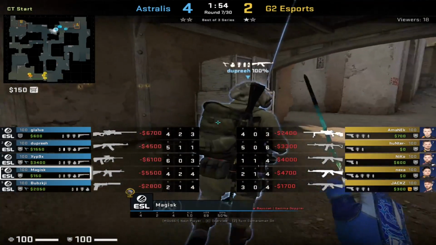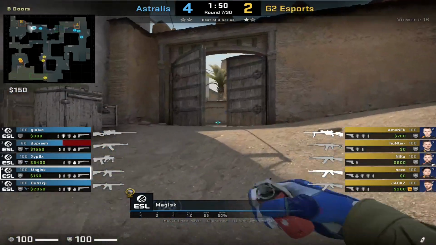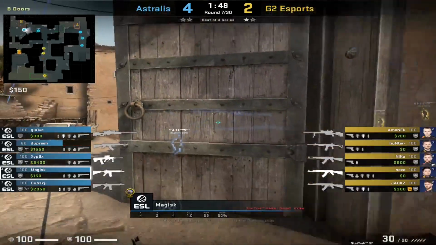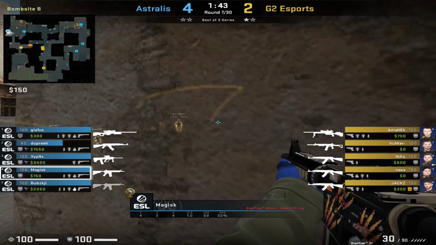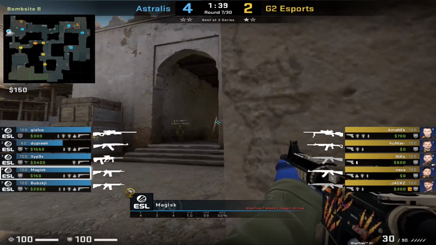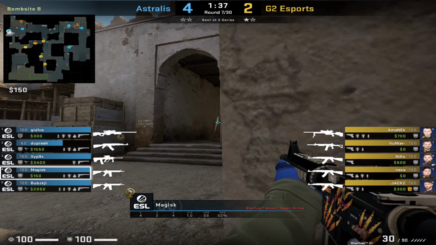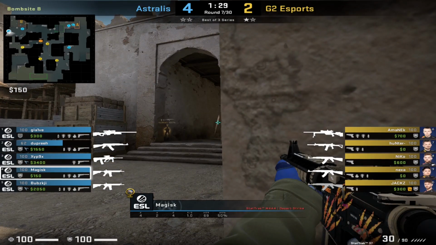So again, with the early smoke to cross middle, however it gets caught on a pixel there, so it doesn't exactly create a good wall. Starting off with a Molotov towards the tunnel and then going in the anti-flash again that I just spoke about. Because Dupree is on this site, Magisk is playing more of a close angle. If he was by himself, he'd be playing further back, but because Dupree is on this site with him,